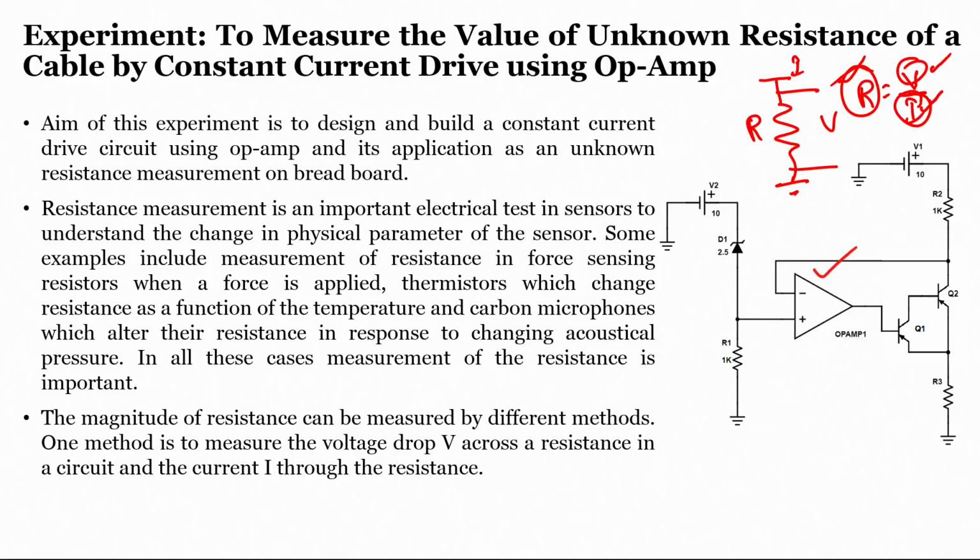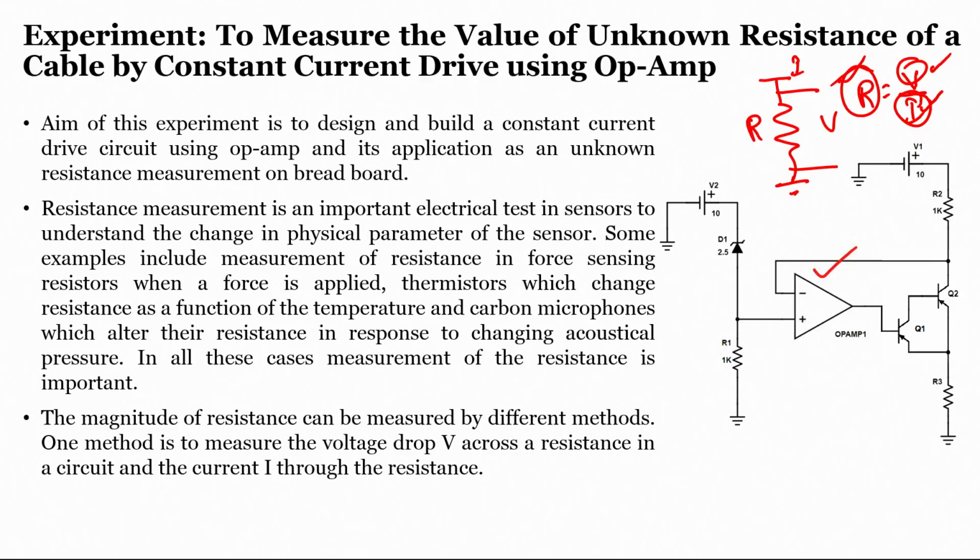Now, I am going to show you how to make use of operational amplifiers. By making use of operational amplifiers with transistors, how can we measure an unknown resistance value? It is similar to the circuit that we are going to see in our temperature controller systems, the plant that we have realized, but slightly different.